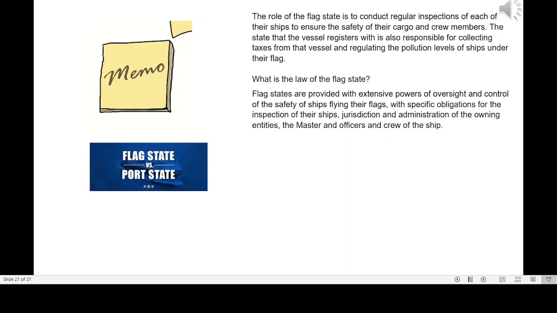What is the law of the flag state? Flag states are provided with extensive powers of oversight and control of the safety of ships flying their flags, with specific obligations for the inspection of their ships, jurisdiction, and administration of the owning entities, the master